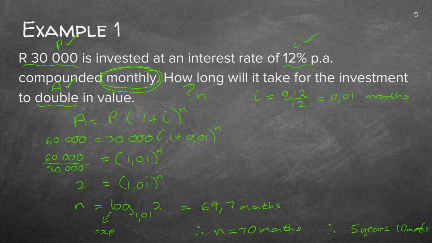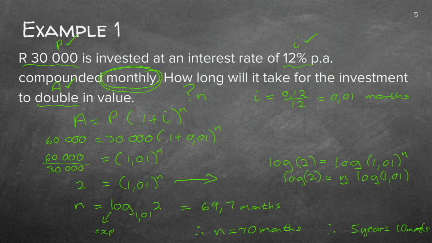Good. But let me just show you the other method in case you prefer it. If you're there and you don't know how to straight away change it to log, although it's really very easy, you just put the log word in front of each side. You put the log word in front there, and in front there. 1.01 to the power of n. Then you use that log law that says bring the n to the front. Log 1.01. And we prefer to keep it in a bracket. Log 2, maybe we should just keep it in a bracket because if there's more than one thing, it needs to be in a bracket.